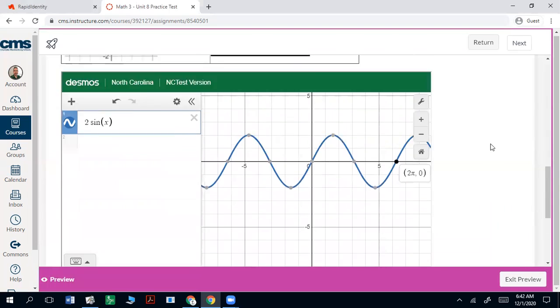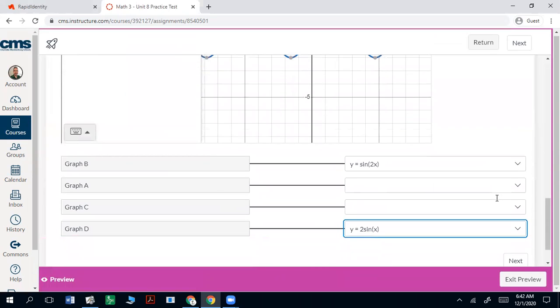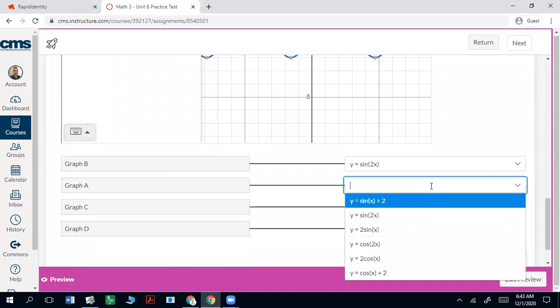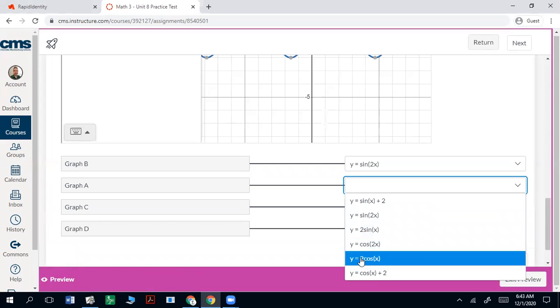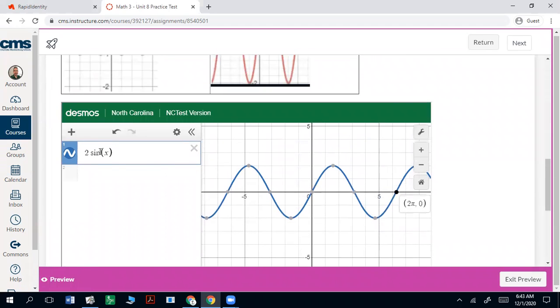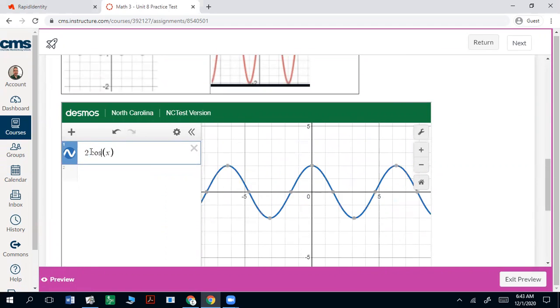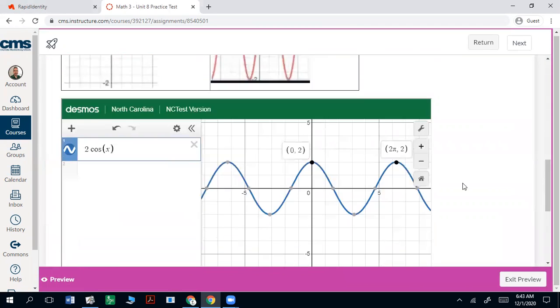Let's look at graph A. Graph A has a maximum at 2, has another peak at 2 pi, so your period is 2 pi. So that's going to be a maximum, it's going to have amplitude at 2. Let's graph 2 cosine of x to make sure. There's your peak at 2. Here's your next peak at 2 pi, which is what we want, which means graph A